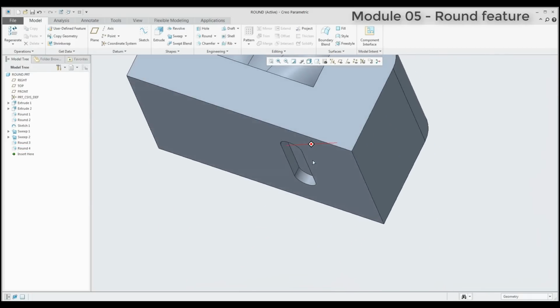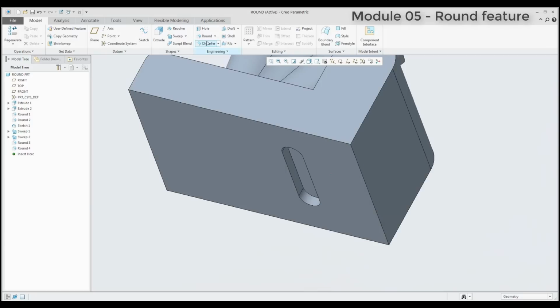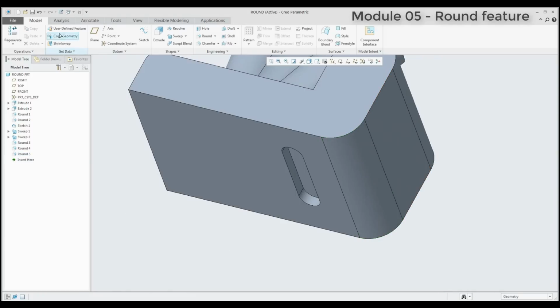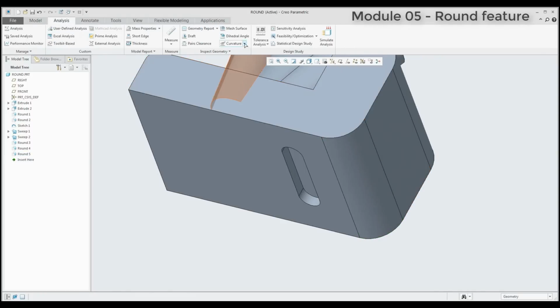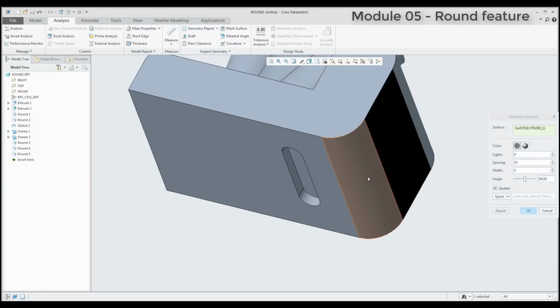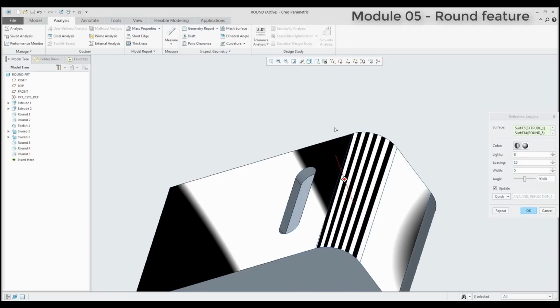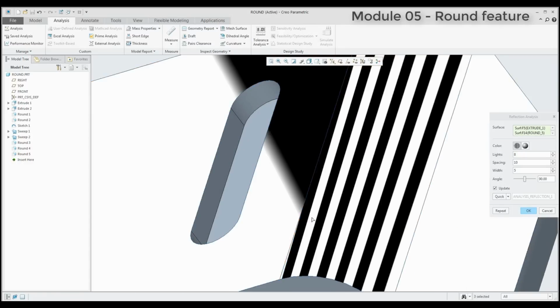And what about quality? If I create a round feature here, the system will automatically create a tangent connection. I can see that the system will create a tangent connection because we have an analysis curvature shade. For example, give me a sec. Reflection. And if I select the surfaces, you can see right now that the system will create for me the